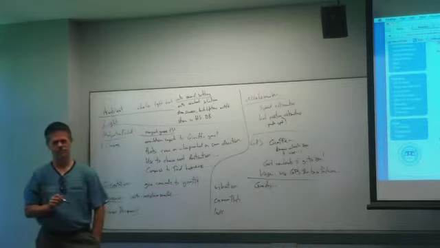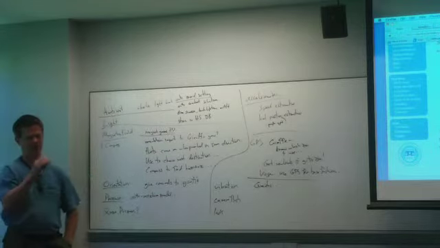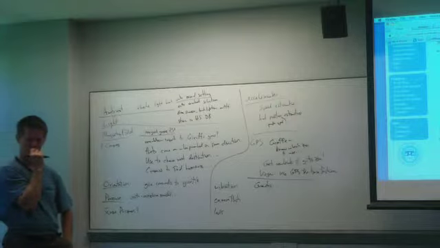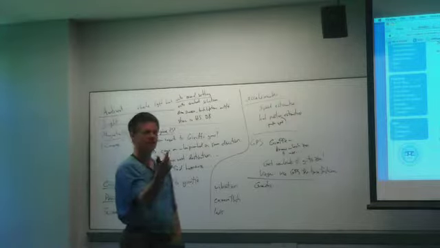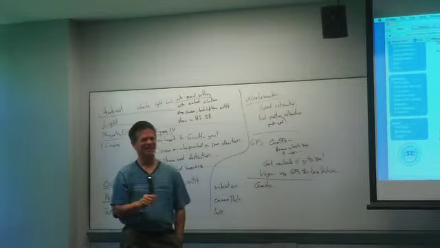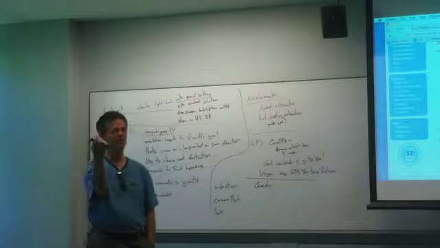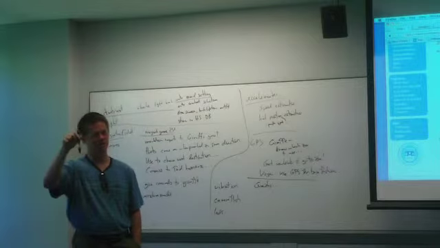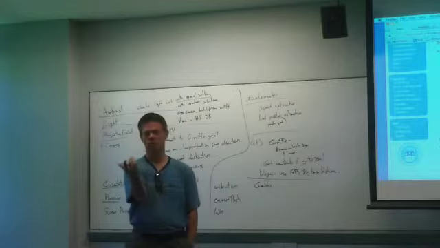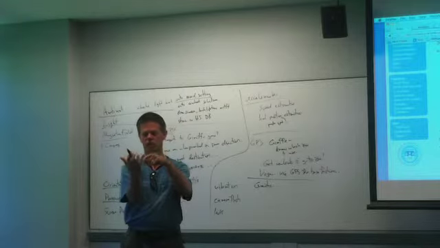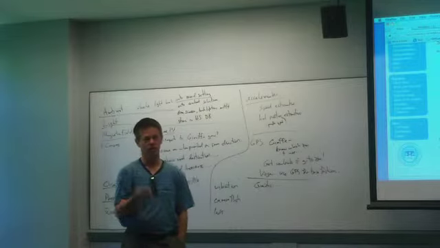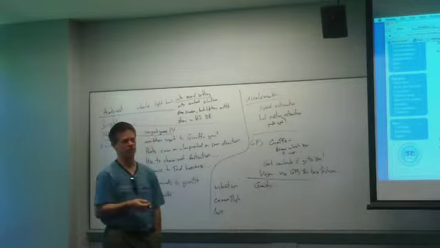Wait, it changes with orientation? Because I was a little confused about gravity. Isn't that a constant? No, it's constant, but it's trying to figure out which way is down. You're on the moon, you're not on Earth anymore. Gravity's a force that affects objects. Given the orientation of the phone, which we'll talk about in a bit, it tells you what the force is in each of the different directions relative to the phone. Oh, okay, so you can use it for orientation.